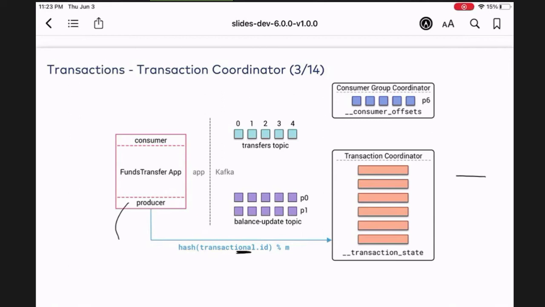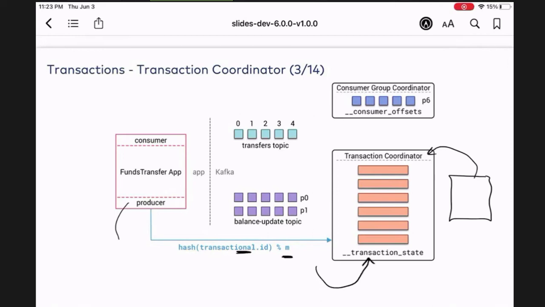But one of the brokers in the cluster needs to function as the transaction coordinator, and any one of the brokers could be it. What it does is a hash of the transactional ID modulo M. And you say, well, what is M? It is the number of partitions in this transaction state topic right here.